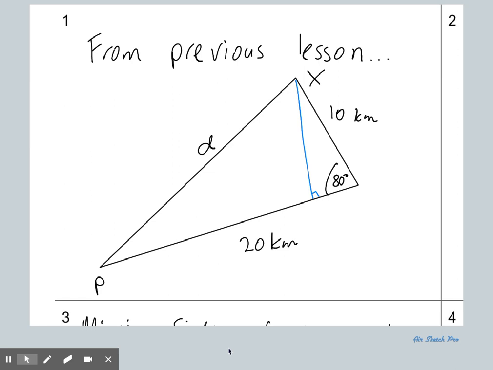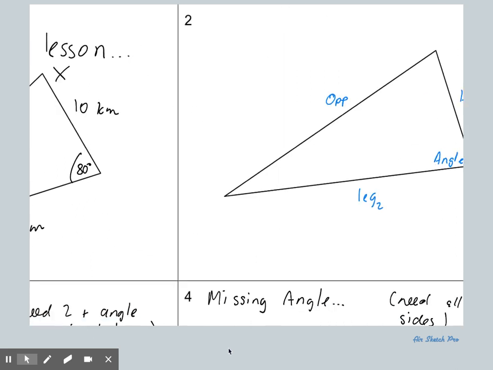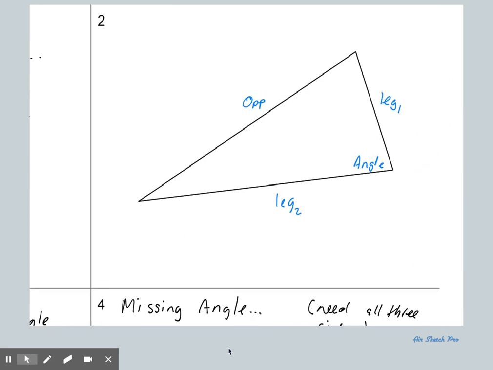So if we have a result that we can repeat over and over and over again, what we do as a mathematician is we create a rule. So that instead of doing it from what we call first principles every single time, we just simply refer to the rule and utilise that. Okay, so this is called the cosine rule, and what I'm going to do is I'm going to demonstrate or show you the cosine rule,